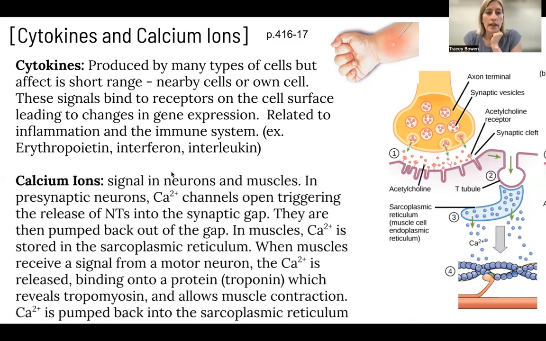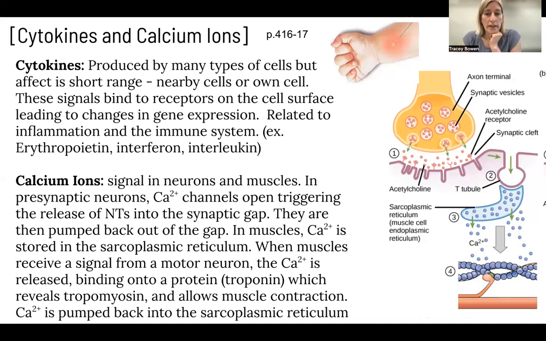And then calcium ions are signals in neurons and muscles, and they're happening with presynaptic neurons. We've already talked about this, where calcium channels open to trigger the release of neurotransmitters from vesicles into the synaptic gap, and they are then pumped back out of the gap into the presynaptic neuron. In muscles, calcium is stored in the sarcoplasmic reticulum. And when muscles receive a signal from a motor neuron, the calcium is released from the sarcoplasmic reticulum, and that's going to bind onto a